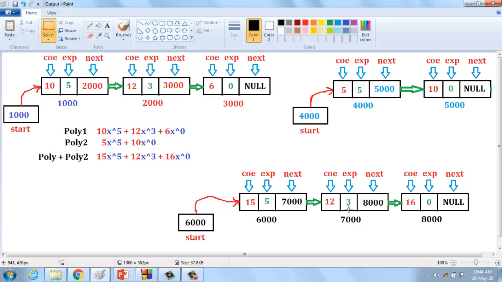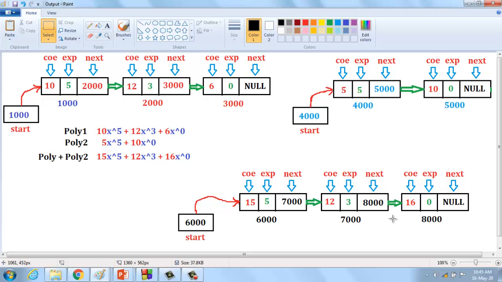We are going to insert the second node, that is here 12 is the coefficient, 3 is the exponent, because there is no such exponent present in the second list. Straight away they insert the node into the polynomial, because only if the two exponents are equal can we add the coefficients. If they are different, we straight away copy the first polynomial's node into the resulting polynomial.